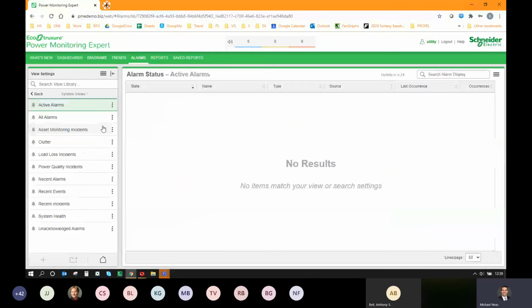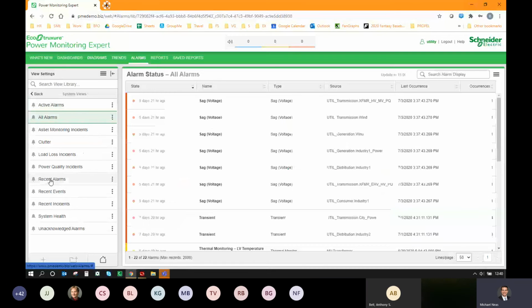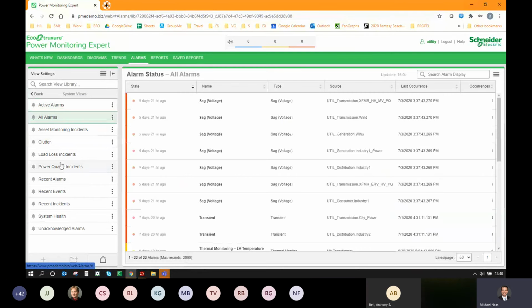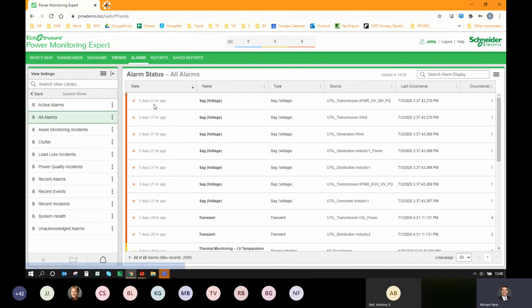All your alarms are automatically going to come in. It has some filters that automatically show up for common things, like show me all the alarms or all the active alarms. But you can create additional views, like a last month view, if you wanted that. And then the trends,